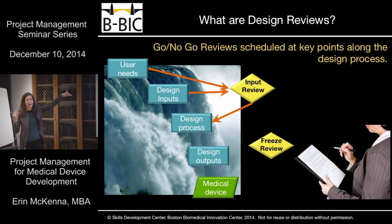Typically, you might also note, hey, there are additional things we want to make sure get addressed, or questions that we see at this review point that we want to make sure get answered as we go further into the design process. But it'll support you moving forward until you hit something, and this is pretty common in industry as well, that they'll call a design freeze review, where you eventually hit a point that you feel, in our design outputs, we believe we've got specifications that are going to be sufficient to address the inputs, and it would be a design that we believe we would want to move forward with verifying and validating can achieve the goals that we need. So you usually have a point here that you would call the design freeze review,